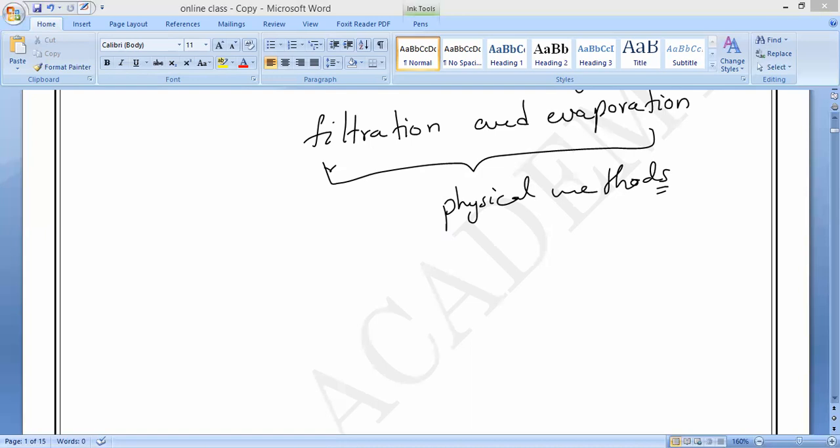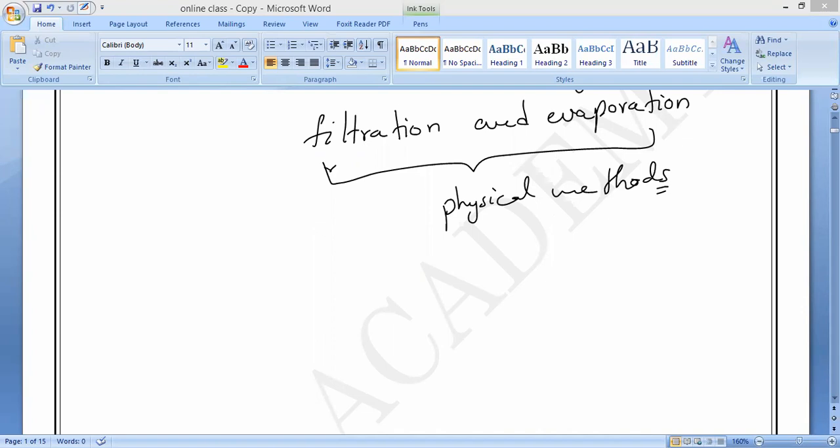So the iron and sulfur mixture shows the properties of iron one time, and a few times it shows the properties of sulfur, depending upon how we use the technique to separate it. That is why we can say a mixture shows the properties of all the constituents present in it. So a mixture does not have any definite melting point and boiling point. Correct or not?